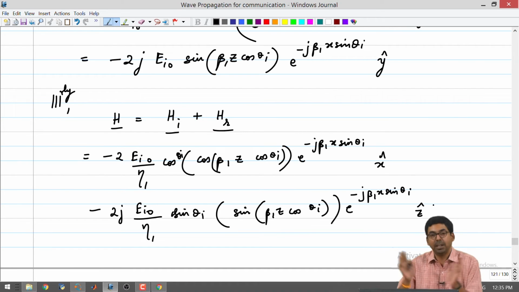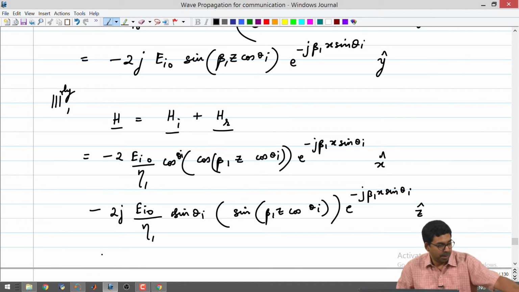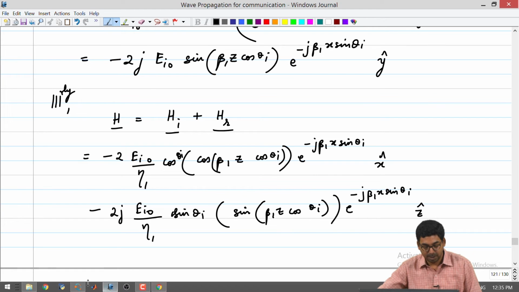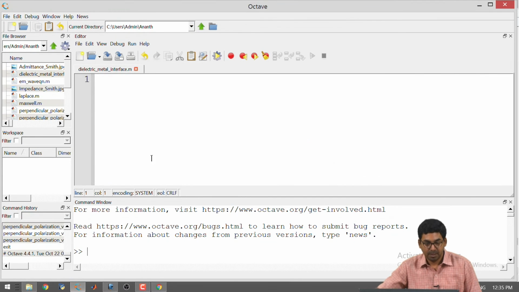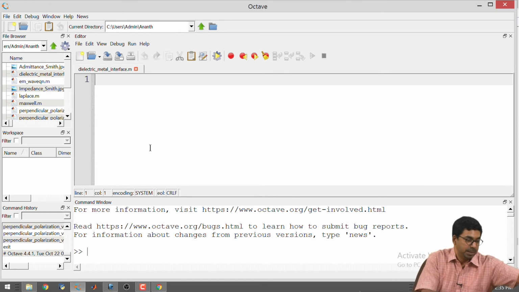Grouping the exponentials together, the sum is going to give you a cosine, and the difference between them is going to give you a sine. But this is a very big expression to form any picture in the mind. So, what we are going to do is quickly fire up Octave. Whenever I have a large expression like this, I fire up Octave, plug in some values, figure out what is known and what is unknown, and make some plots. Only then can we figure out what exactly is going on. So, I will go ahead, open Octave, and write a small program just to visualize these expressions.